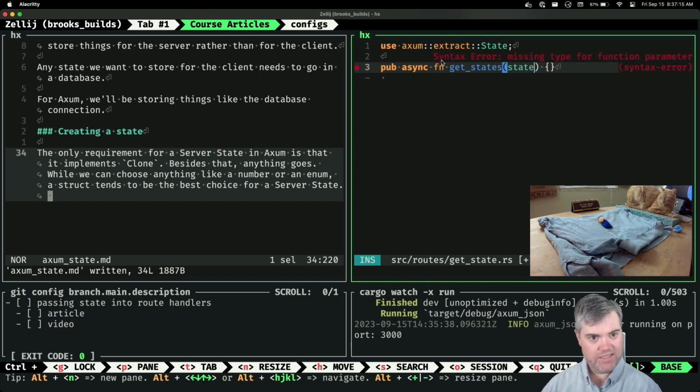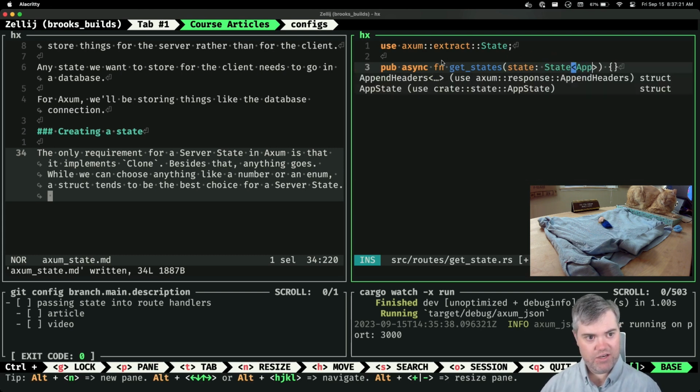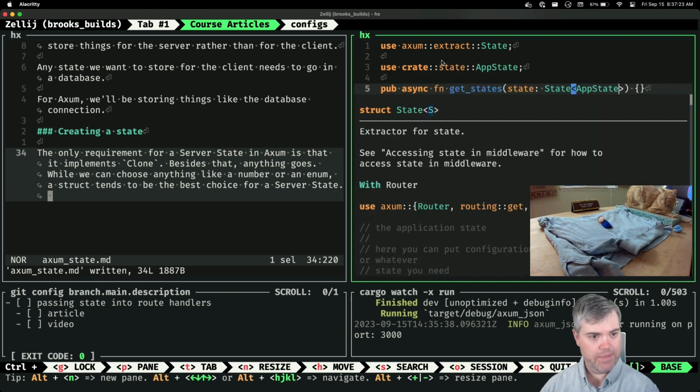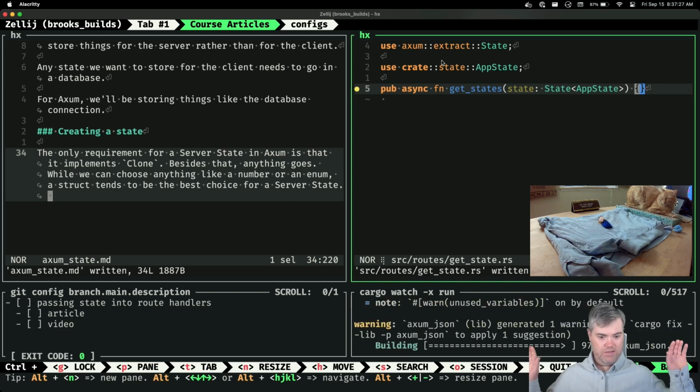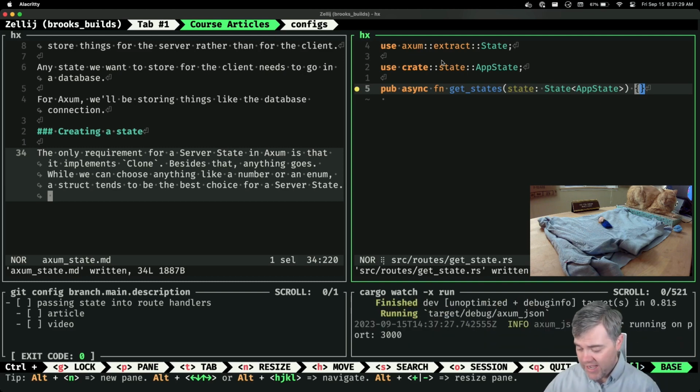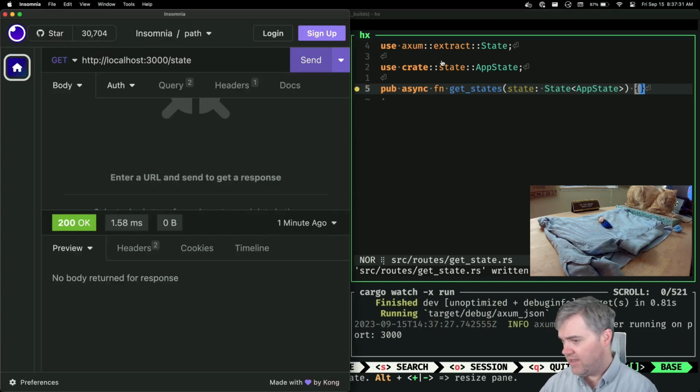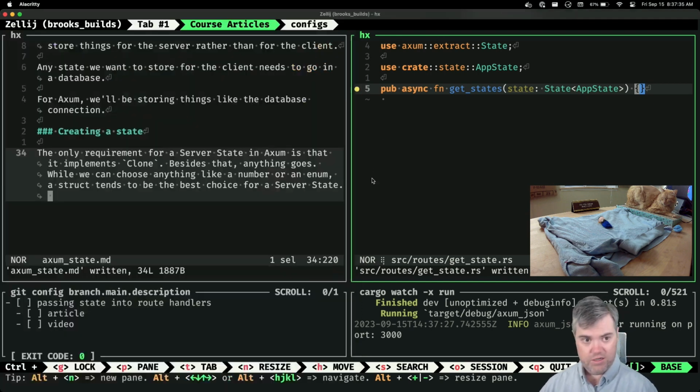Oh, so I probably want something like this: state, it's gonna be a state. And then okay, so let's grab out app state first. First of all, no compile errors. And if I run this, so far, no major errors. That would be a decently complex project.